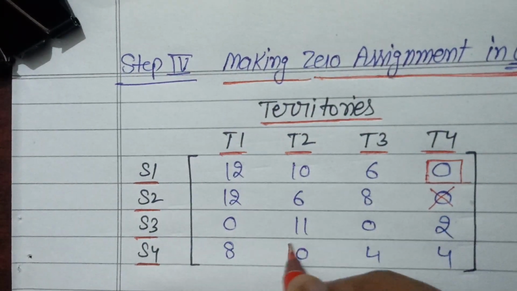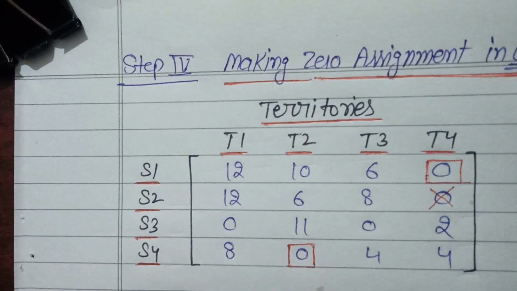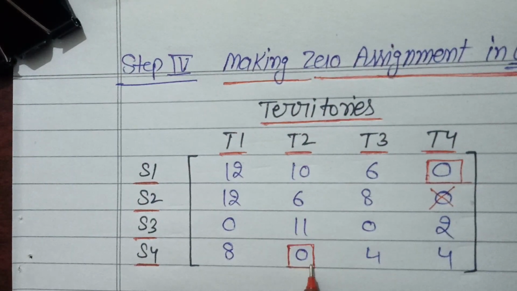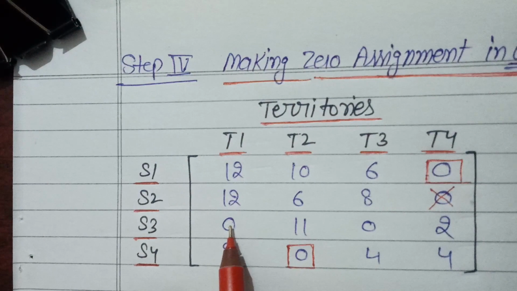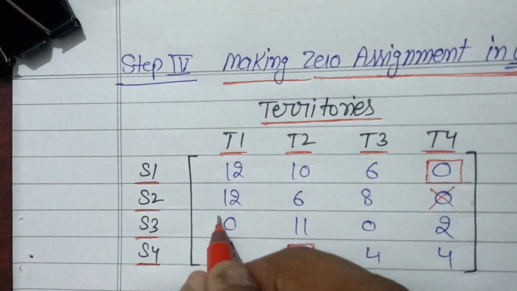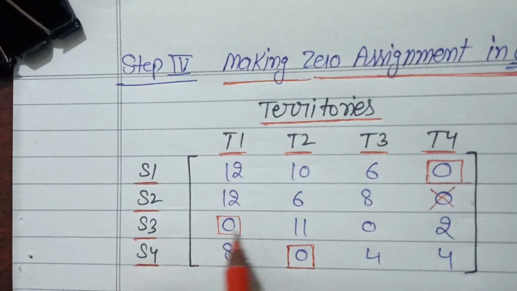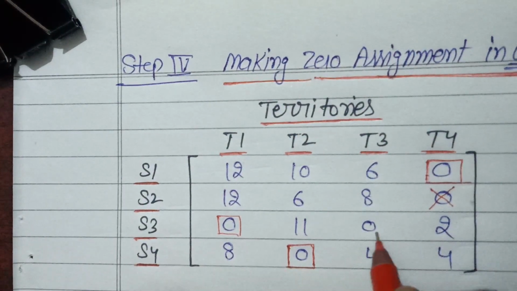So let us make an assignment to this cell and then check the corresponding column. In this column you will see that there is no 0 available. Now you will see in the matrix that there are zeros still left. So now moving from the column side. In column 1 you will see that there is a single 0 available, so we can make an assignment to this cell of the column. Now after making an assignment in this column, we have to check this row also. Now you will see that there is a single 0 available, so we have to cross this 0.